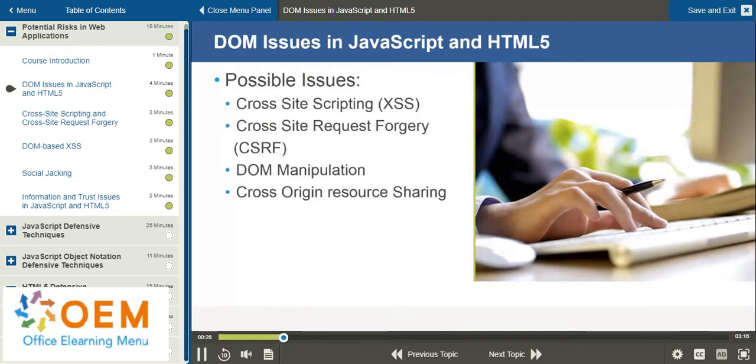Because of that, it can be used to access history, launch new windows, navigate to a new website, all sorts of things. Now, this flexibility and power also leads to some issues. First of all, cross-site scripting and cross-site request forgery. These are attacks that can be done without exploiting the DOM, but they become more robust, more difficult with the